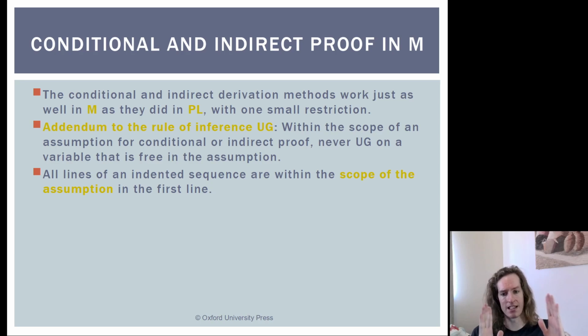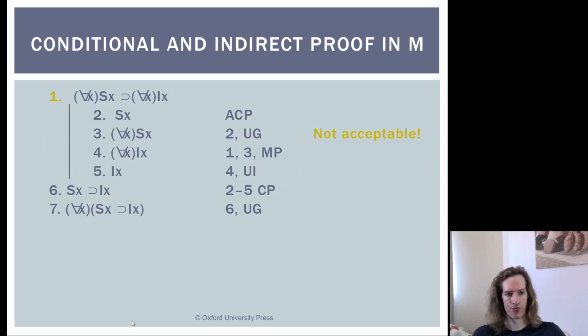But inside the scope of an assumption, either conditional or indirect, we can never universally generalize. Very important to remember.